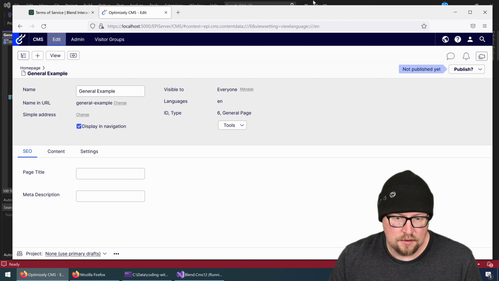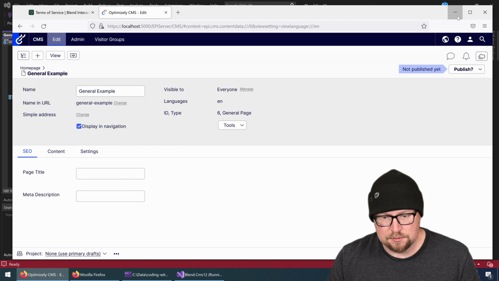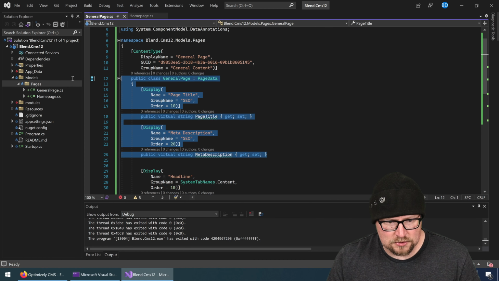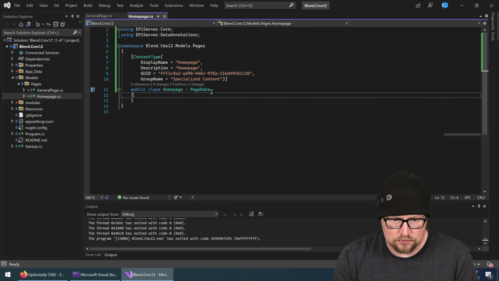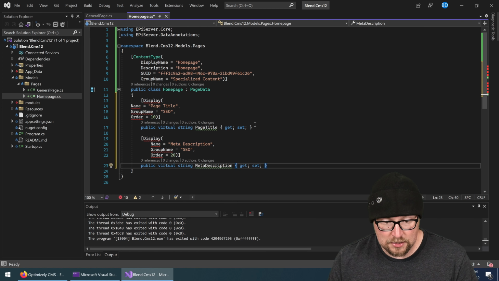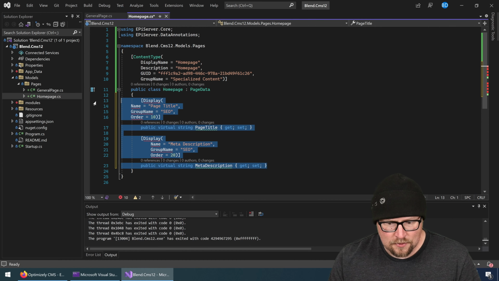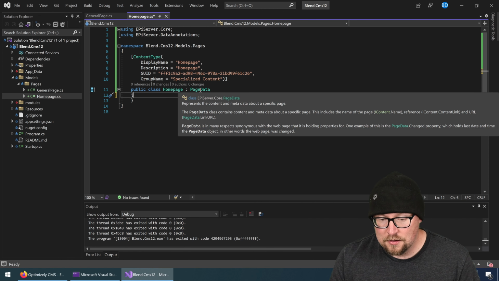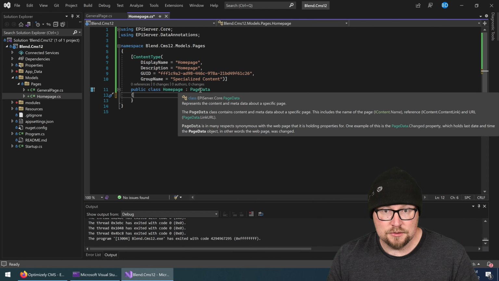But these SEO fields aren't really specific to the general page. They should be on the home page as well. There's a couple ways we could fix that. We could just grab all of these, pop over here to the home page and paste them in, and that technically works. It's not good. You're repeating yourself, and if we change any piece of either of these, we have to change it on every single page. But obviously these are C# classes, and obviously they're extending other C# classes, so we can use inheritance